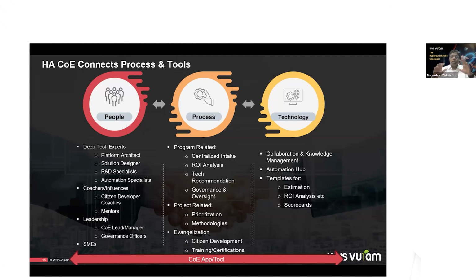So all of this, what we call the intake process, is very, very important as part of the program. Now, once a program is budgeted and funded, and since most of us deal with technology here, in terms of the project, the COE needs to spell out the governance aspect of it when it comes to SDLC. The methodologies are super important, right from project requirements all the way through to implementation, code review, the test case reviews, and documentation. So you might want to establish an enterprise-wide standard, and those processes will need to be adhered to. We'll show how a COE toolkit can be very helpful here in order to give a company-wide